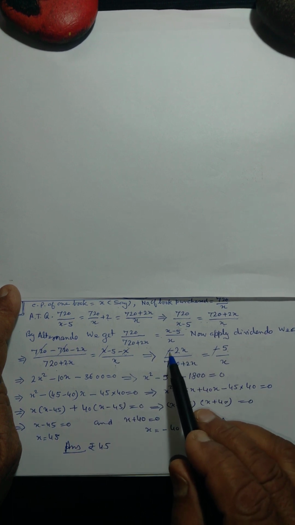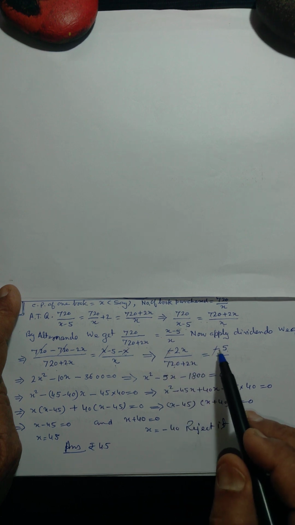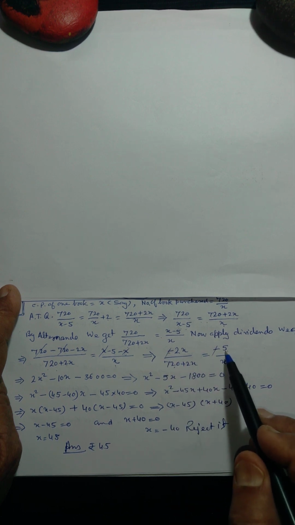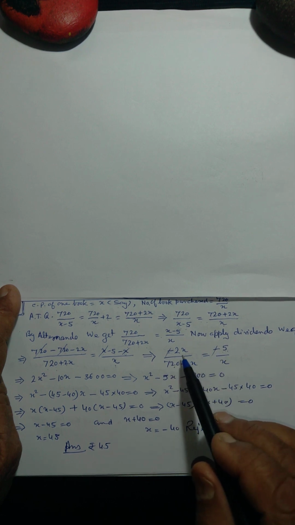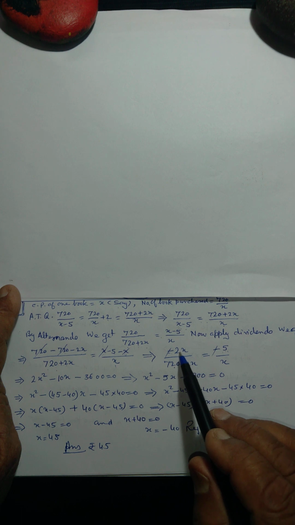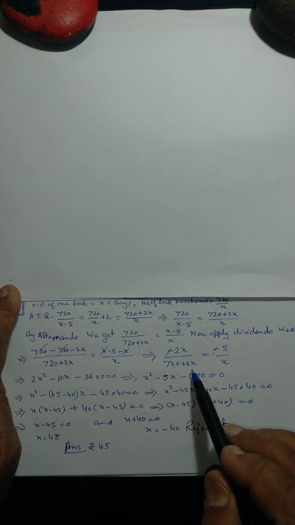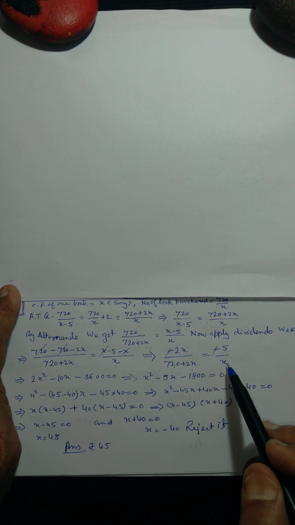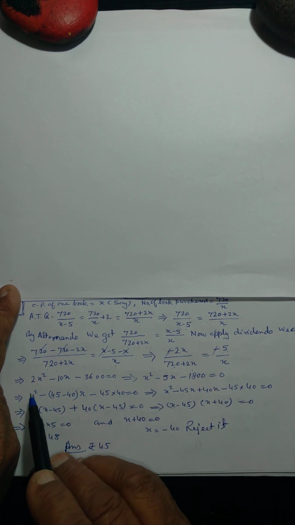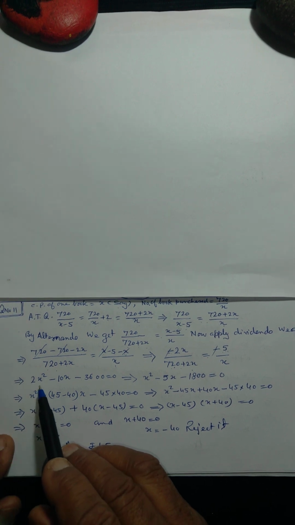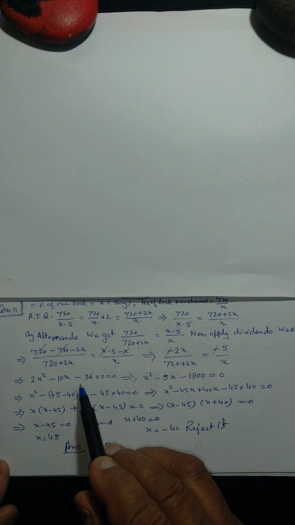You see, the minus of the numerator part on the left side and the minus of the numerator part on the right hand side, so these two will be cancelled. So we are left with only 2x upon 720 plus 2x will be equal to 5 upon x. Further solve it, we will get 2x square minus 10x minus